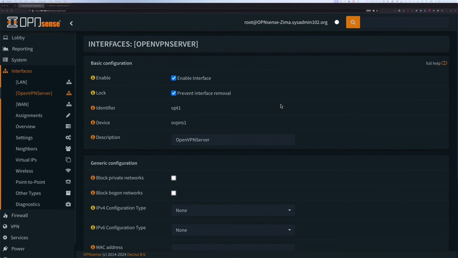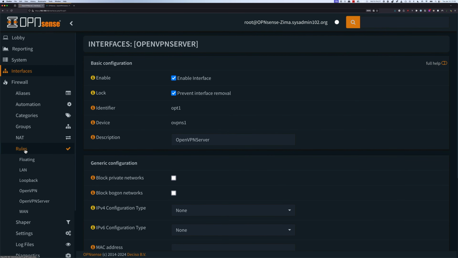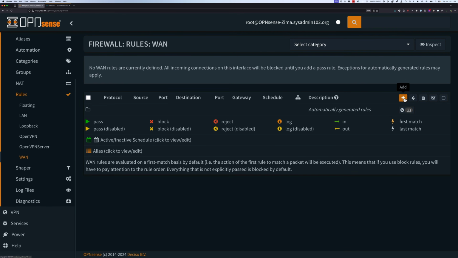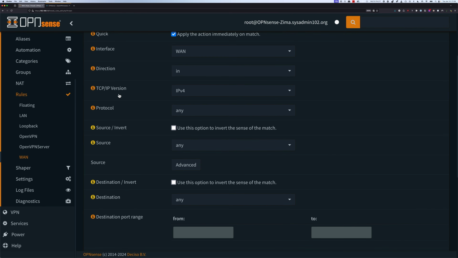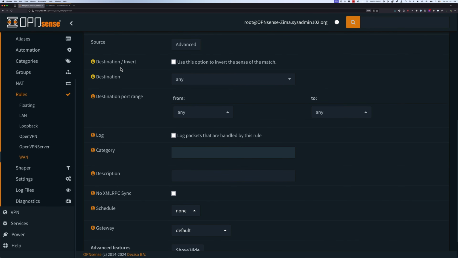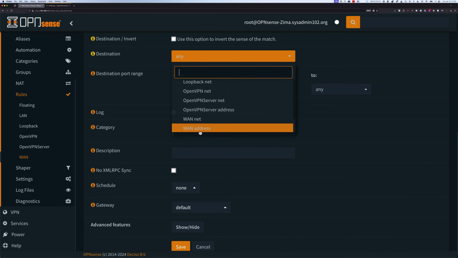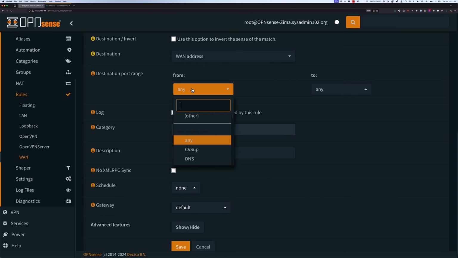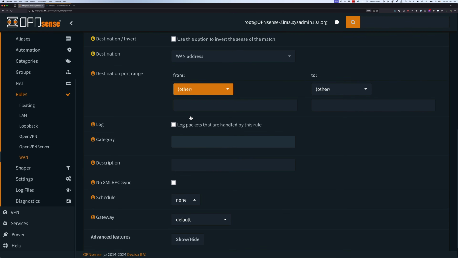create a firewall rule to allow incoming traffic to reach your OpenVPN server. So I'm going to head over to Firewall and then select rules, and then we're going to select WAN, and here we're going to select add to add a new one, and TCP/IP version IPv4. Protocol is going to be UDP unless you select TCP. All right, for the destination, we're going to select WAN address, and then we're going to select other, and then from here